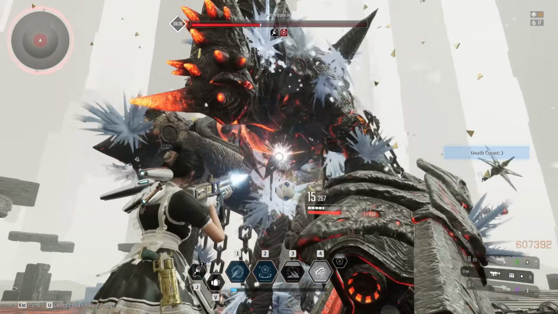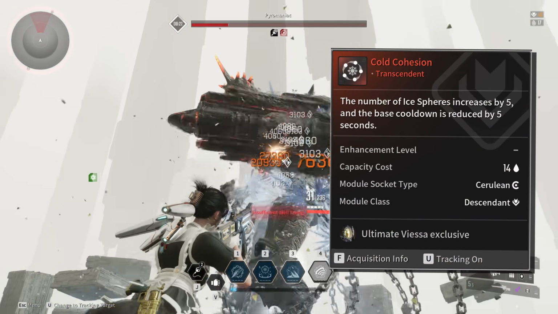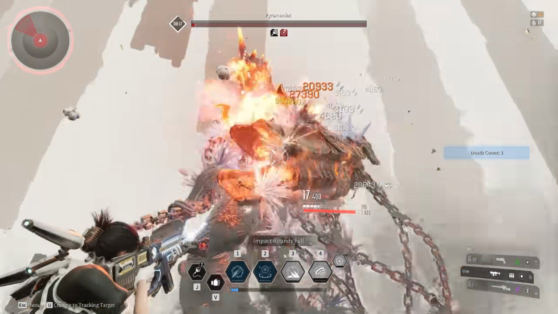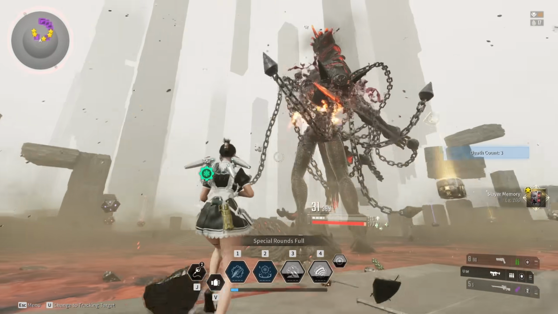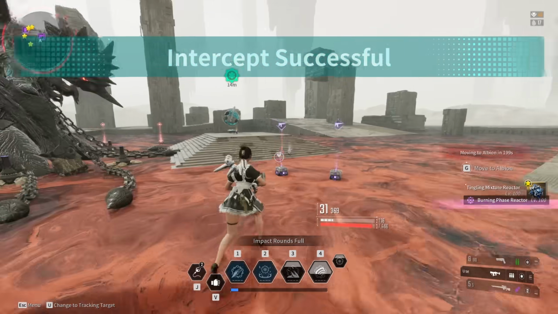frequently. And lastly, Cohesion. This is an ultimate Viessa exclusive skill module. This increases your passive ice spheres from 3 all the way up to 5 and reduces the cooldown by 5 seconds as well. So let's take a look at all the component sets and reactors to showcase what's preferred when